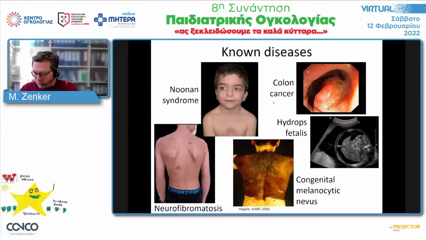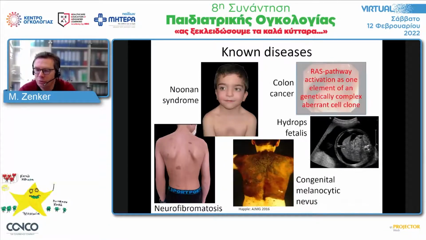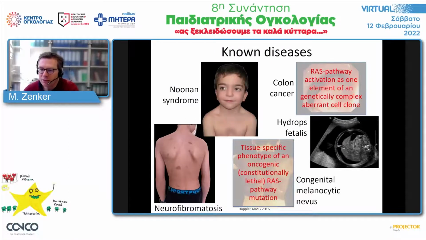So what can I say about my initial slide? I've shown you that colon cancer and other cancers that have RAS mutations have a RAS pathway activation as one element of a complex genetically aberrant cell clone. The congenital melanocytic nevus or other nevi are an example for the tissue-specific phenotype of an oncogenic mutation on the RAS pathway that affects a specific type of cells. And what we see is what this mutation alone does in contrast to these complex genetically aberrant